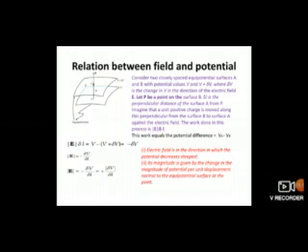Here, according to the relation E is equal to minus del V by del L, the electric field is a negative potential gradient. Or we can go for the statement, an important two points to be remembered: electric field is in the direction in which potential decreases. And the magnitude of electric field is given by the change in magnitude of potential per unit displacement, and it is directed normal to the equipotential surface at that point.